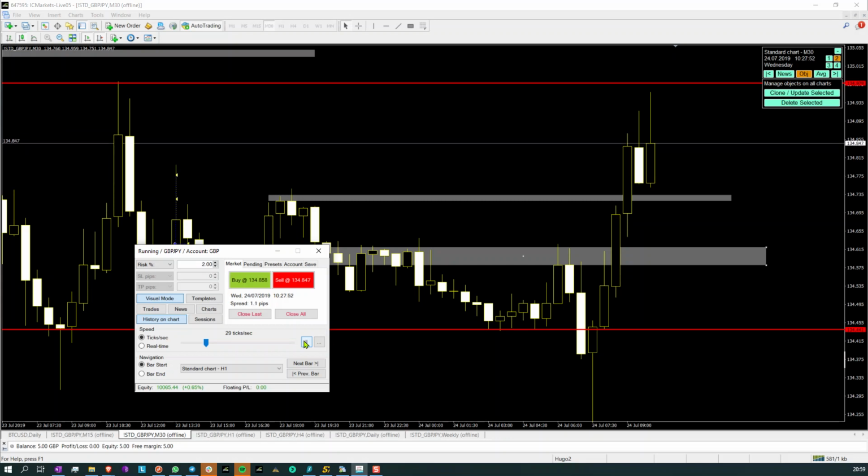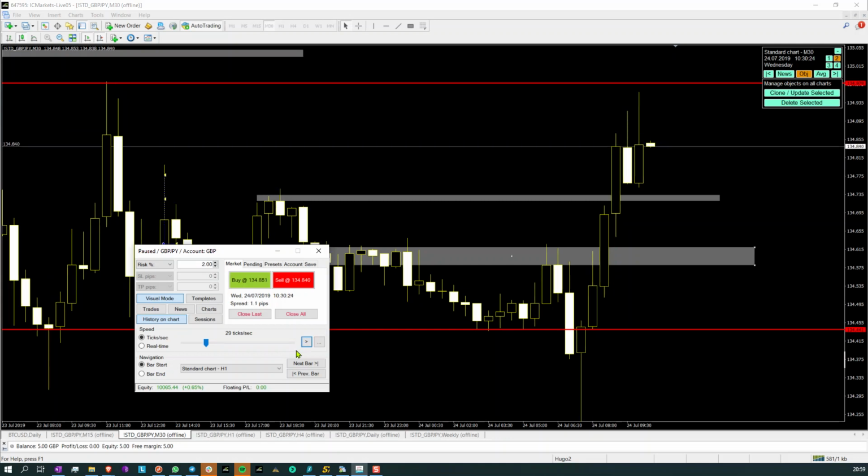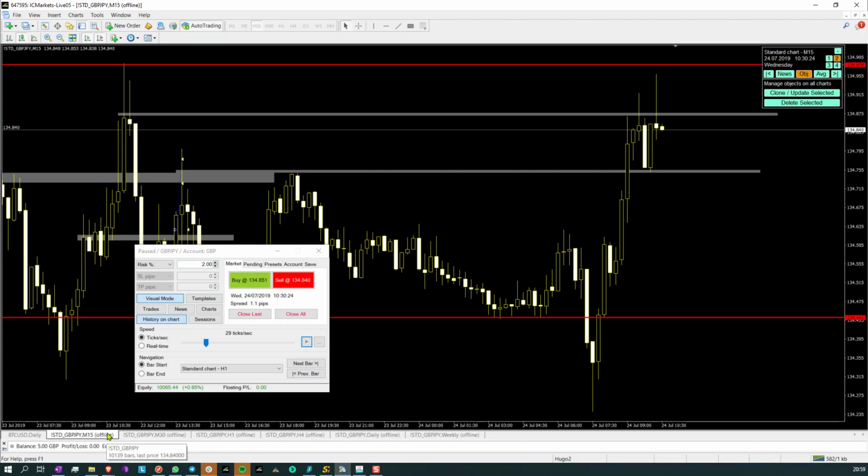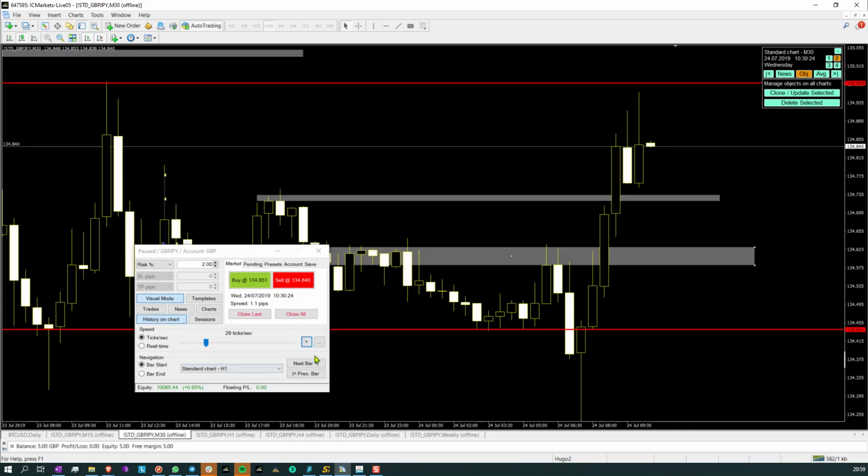Rejected again. 30-minute closed bullish, 15-minute closed huge rejection. I cannot trade this. We have no room to go here. If we break below here, this might be interesting. Very interesting. But for now,